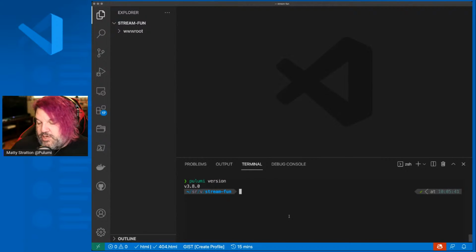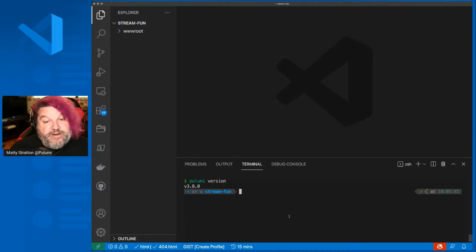Cool, super good. Quick background, we're not going to delve into this as much, but one of the things that's really important with an infrastructure as code tool is you have to have some way to understand your state. Pulumi is going to say, hey, I want my resources to look like this. Do they look like that? Cool, I don't have to do anything. Do they not look like that? Let me fix that. Well, Pulumi has to understand what you have, so you have to have somewhere to store your state.